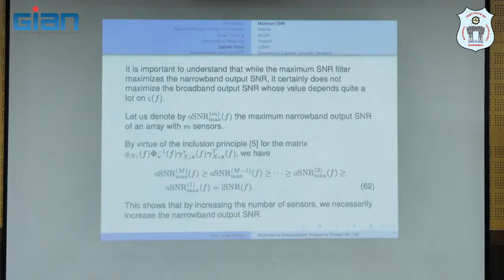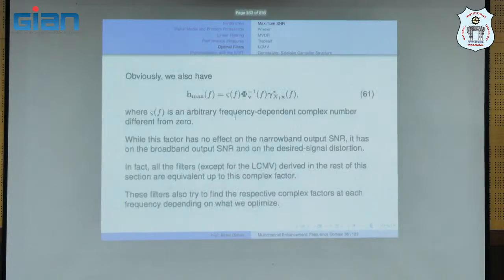So I can compute the output SNR in the expression that we saw before. And this value zeta, we can cancel in the expression of the output SNR, just like we saw. So if I use this vector and I put it in the expression of the output SNR,